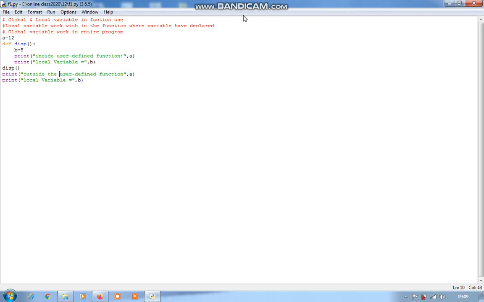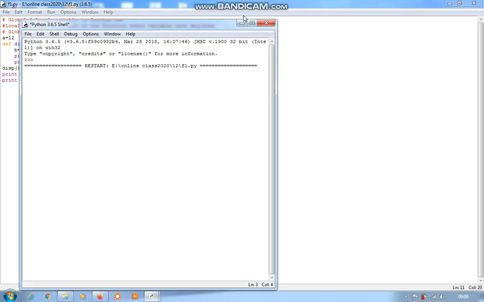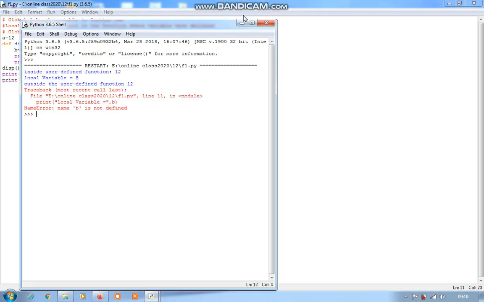This will not work, because this is not a part of the particular function. So let's see one example. See, what error came here? b is not defined.